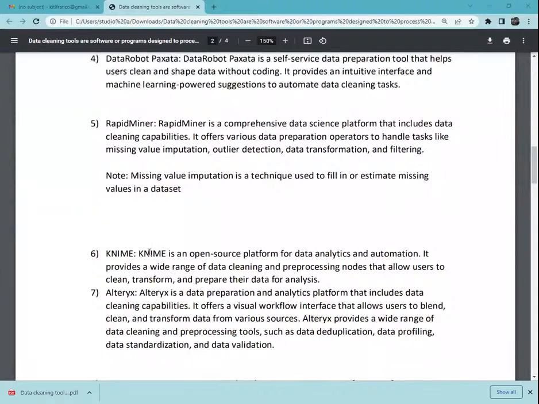And then we have the famous KNIME here. It's an open source platform for data analytics and automation. It provides a wide range of data cleaning and pre-processing nodes that allow users to clean, transform, and prepare their data for what here? For analysis. This name is like the knitting thing, right? It's an open source platform for data analytics and automation. It provides a wide range of data cleaning and pre-processing nodes that allow users here to clean, transform, and prepare their data for analysis. So, ladies and gentlemen, once you understand how Power BI works,